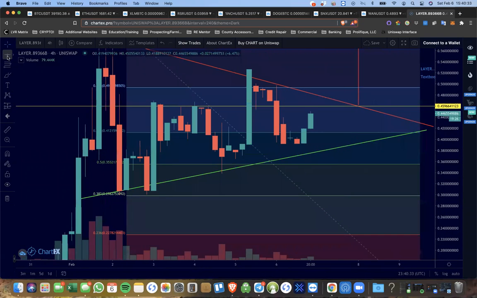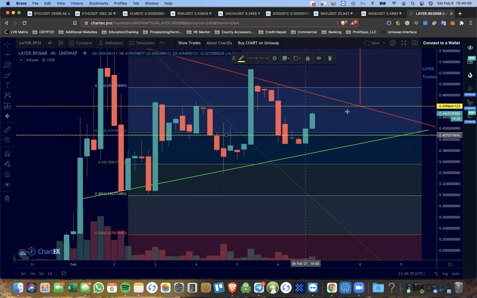My buy-in on this one was about right here, I think, somewhere right there. So that was my buy-in, right under the 618. I might have even bought somewhere right here as well. So